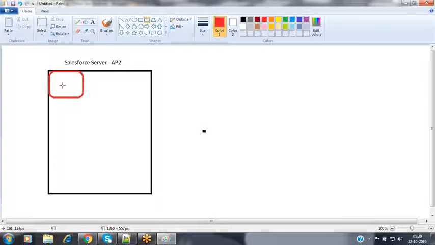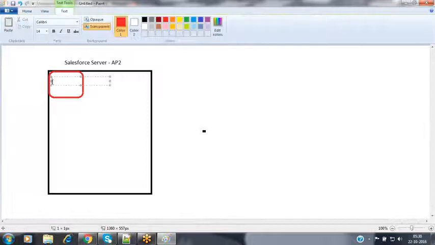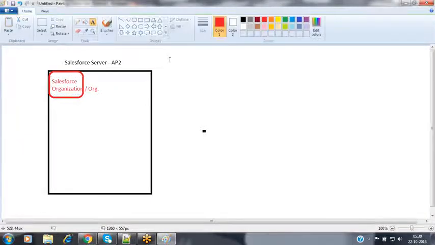So now the memory has been allocated here. When coming to Salesforce.com, this is called a new Salesforce account. Generally, we call it a Salesforce account. Whatever new account we have created is called a Salesforce organization, or simply an org. So now this is the Salesforce organization, the memory allocated by Salesforce for this particular customer.